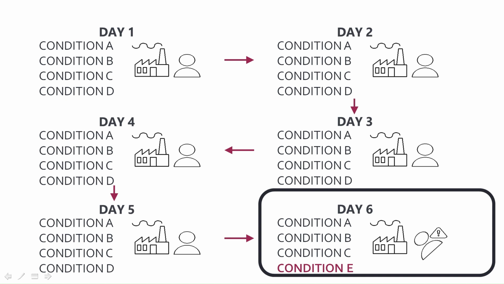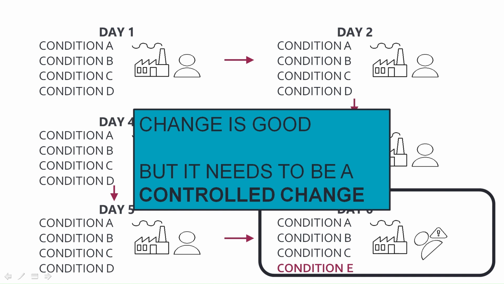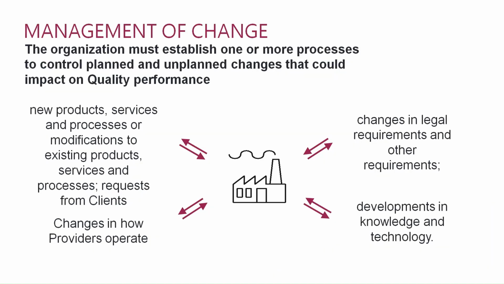So your company operated in a controlled environment for 5 days, but it's also true that your company wasn't able to do that for very long. As soon as a condition changed, the system malfunctioned. You can now wonder, does it mean that in an ISO 9001 certified company, things cannot ever change? Of course not. Change is normal and part of the natural functioning of every company. What matters is that change is always a controlled change.